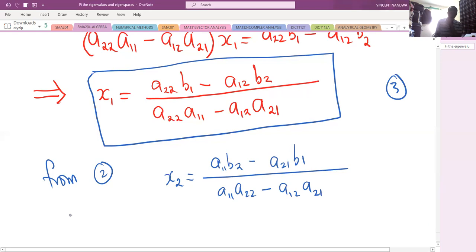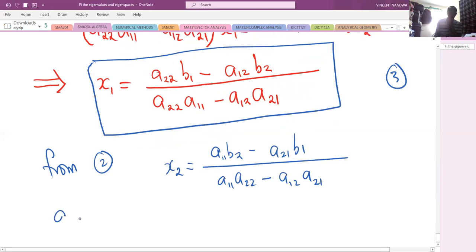Then you see that this a11 b2 minus a21 b1,